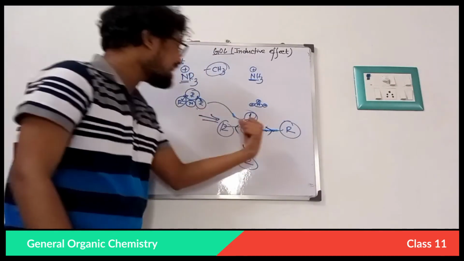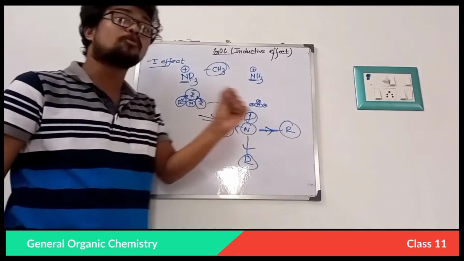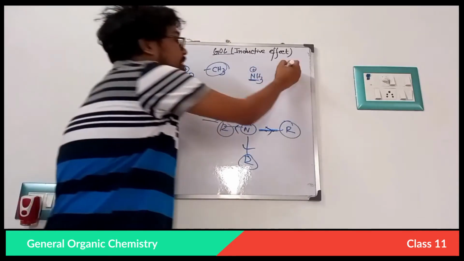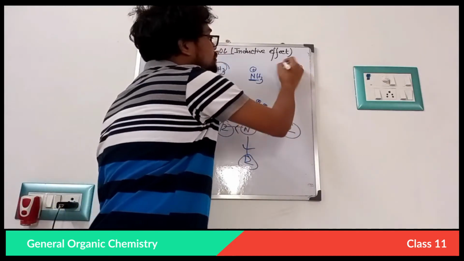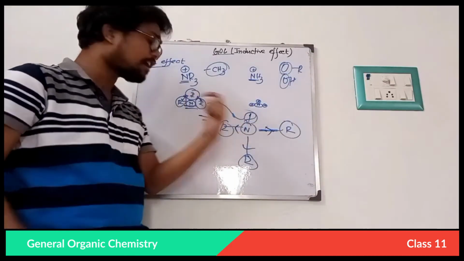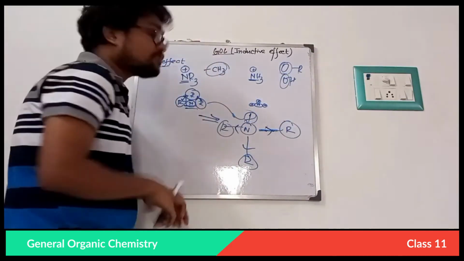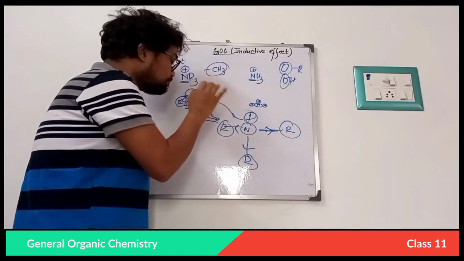So due to the lone pair effect, this is only applicable to the element of 2p, that is nitrogen. Another case is OR and OH, that is the group. This is also an element of period 2. These phenomena only happen in the case of the second element, the elements of period 2.